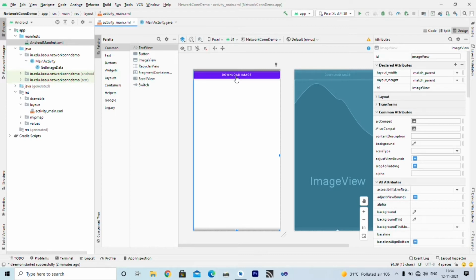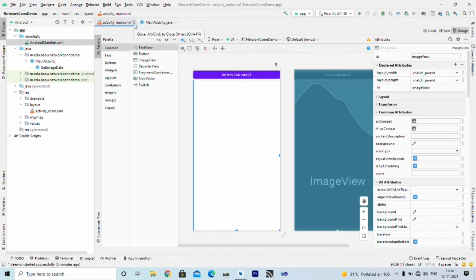If it is available, we will establish a connection, download the file and display it in this image view. So this is the app functionality part. I hope you understand this simple interface.